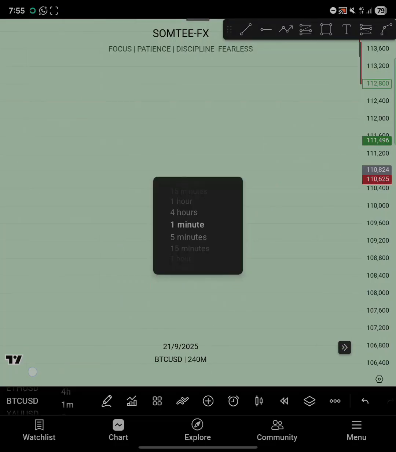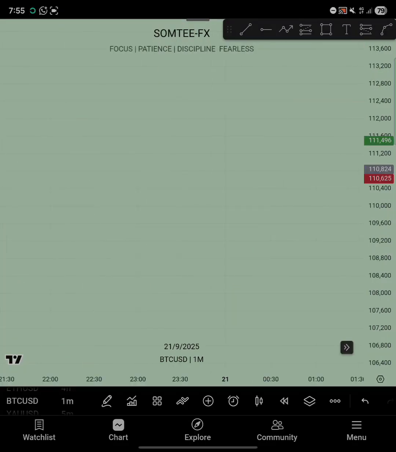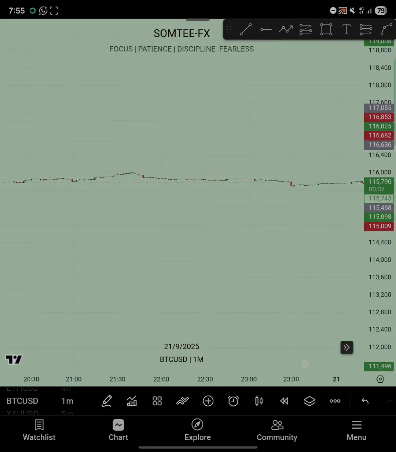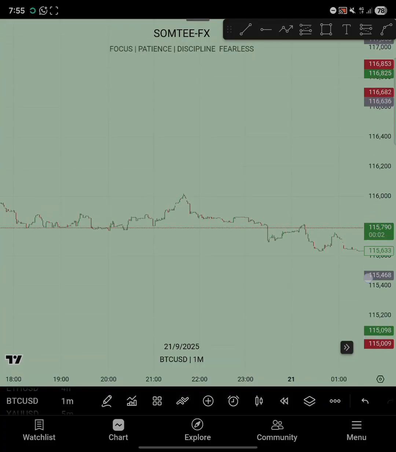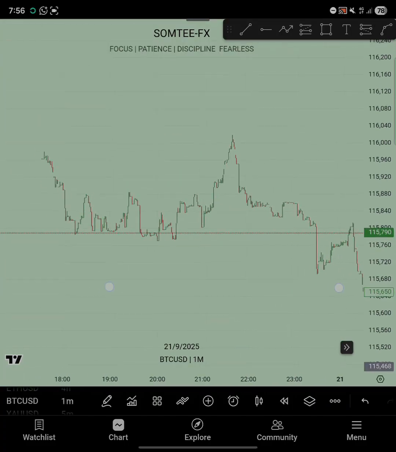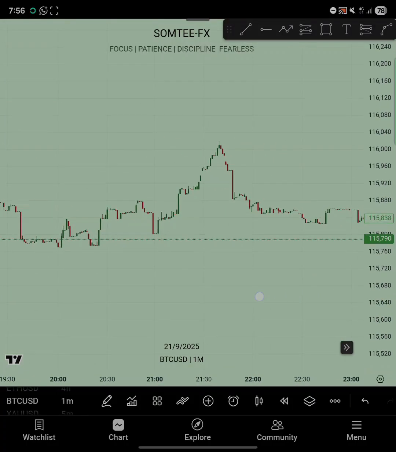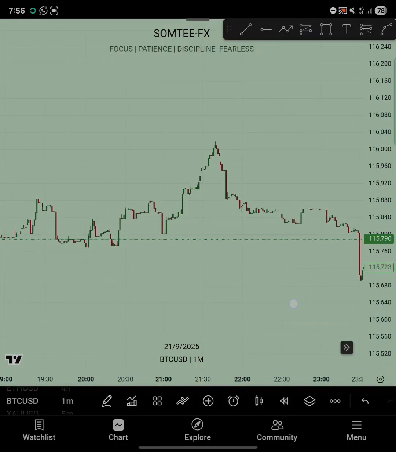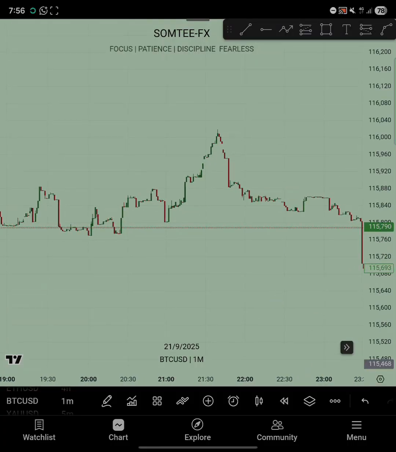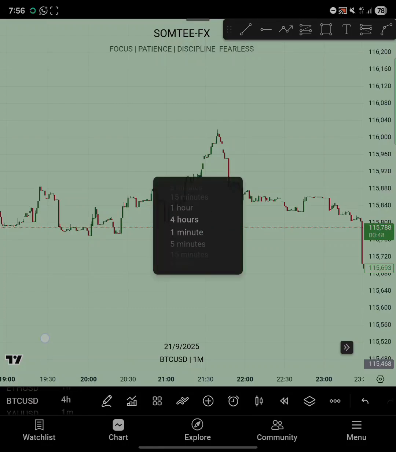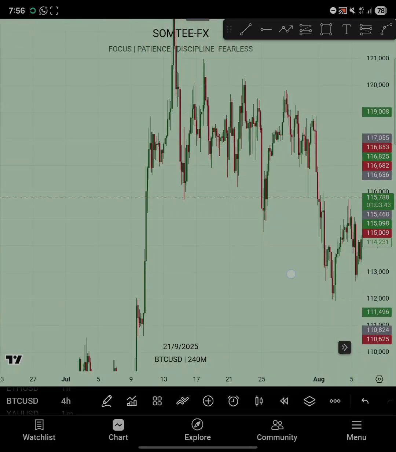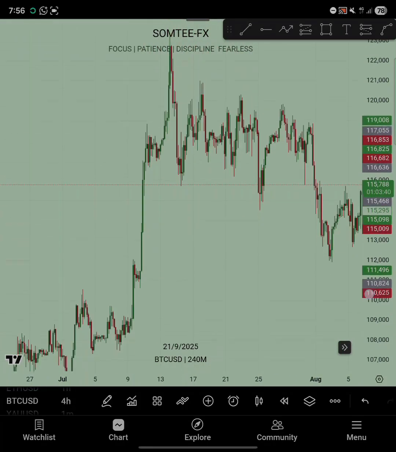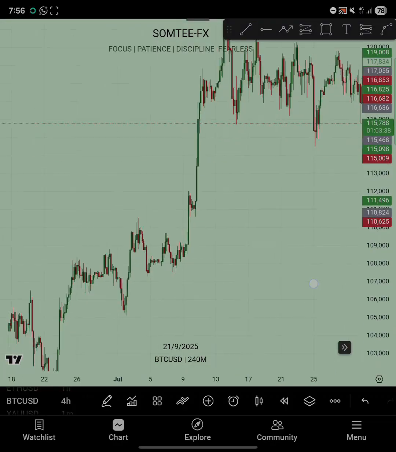Let's see 1 minute. 1 minute time frame is always scary because you don't even know where to start. You have to zoom in, zoom in, zoom in over and over again. So this is just how 1 minute time frame is, which is not that good. What you would do if you are analyzing the forex market, we will advise you to start with your 4 hours time frame. This is the 4 hours time frame. It will help you know where the market is going and also how to follow the market.